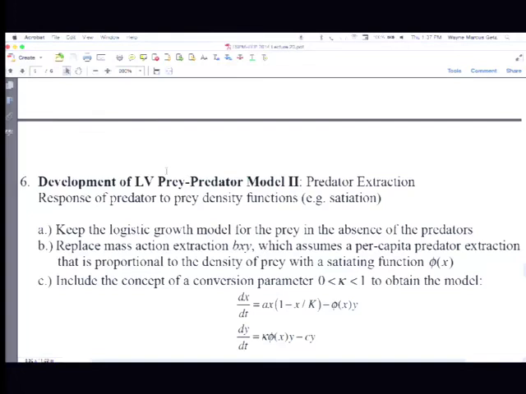But one of the things that you can analyze is the fact that there's a handling time. So for example, it's not just like, if I see a cookie, I eat it. It takes me time from the time I see the cookie to the time I eat it. It takes me time to bite into the cookie, chew it. If it's a nut, it takes me time to open it up and get the nut out. And so there's something called a handling time. So of all the time that I've got some time for searching for things, and when I find them, I've got a fixed time after I found it for handling it. And so as I find more, more of my time is devoted to handling and less to searching. And so what the effect of that is that instead of having a corner like this, I start coming